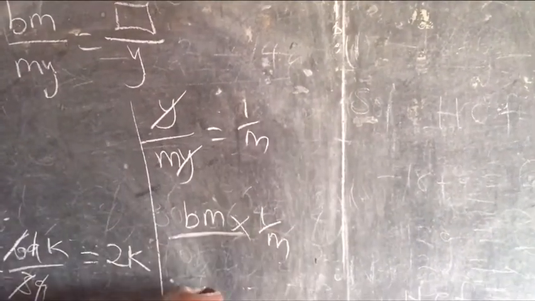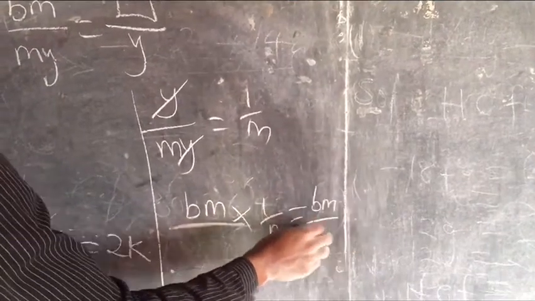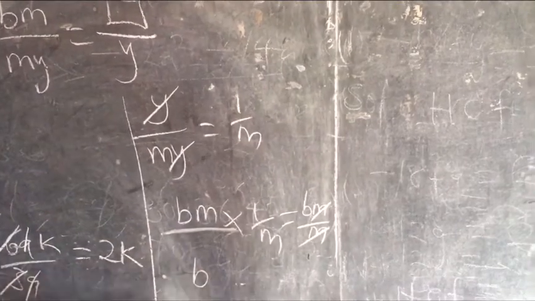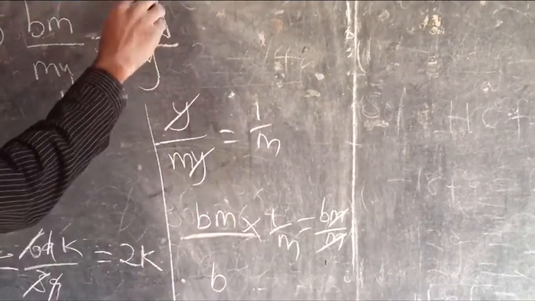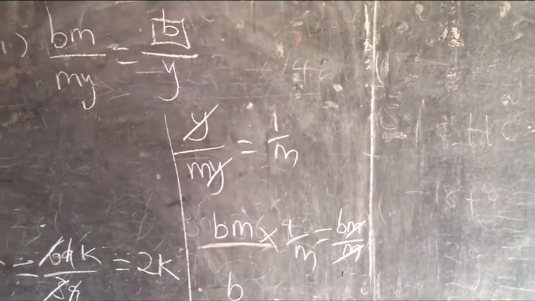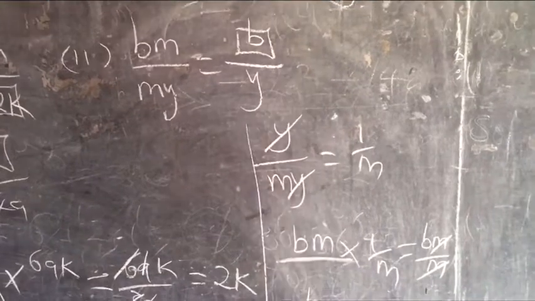If we do that one, we'll get bm/m, and then m will cancel m, we'll get b. So if we put b for here, we get the equivalent of that one, and then it makes sense